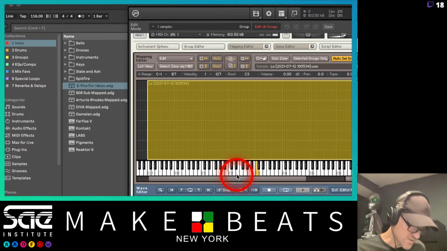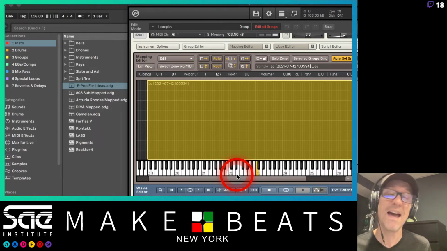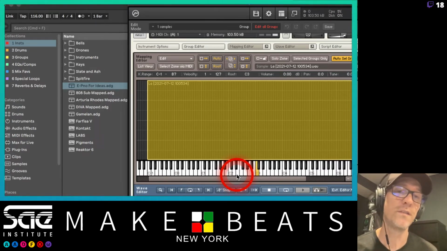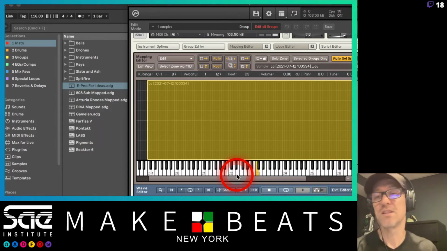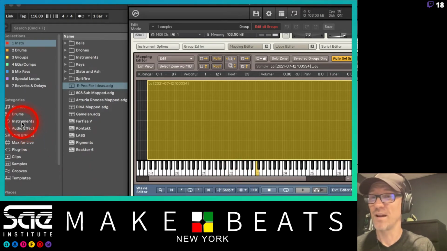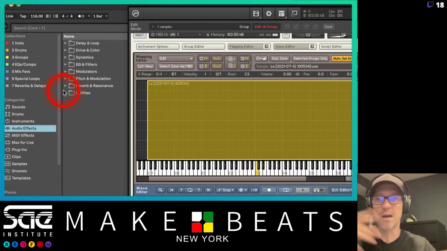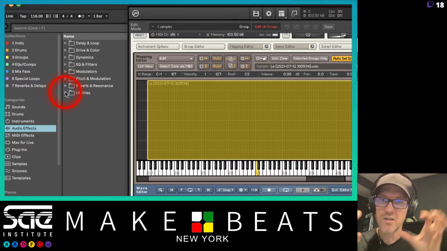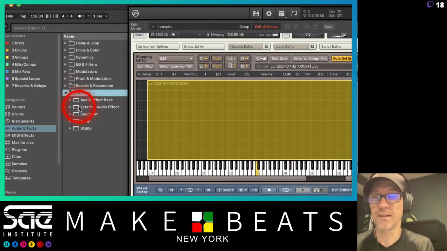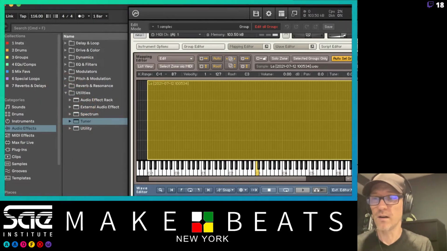Oh, Barb says you can use the tuner to discover the key. Yeah, that's a really good trick you can use to figure out what key you're playing. Use that tuner thing on there. That's great advice, Barb. Thank you for mentioning that. Yeah, and that's right over here. I'm going to go into detail about tuning this stuff up. Right now, I'm just showing you all the stuff. We're going to go into details about how to tune this stuff up and some good tricks. But yeah, you can use the tuner here